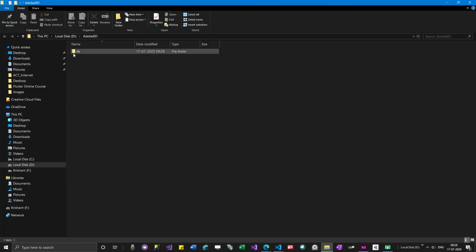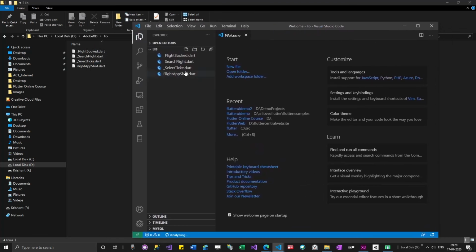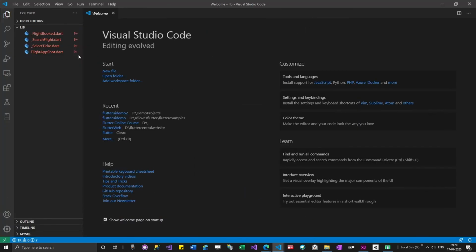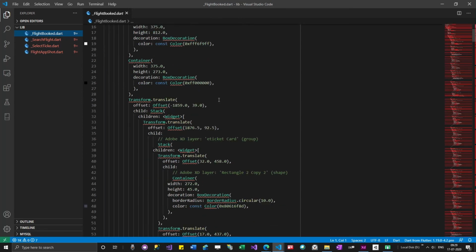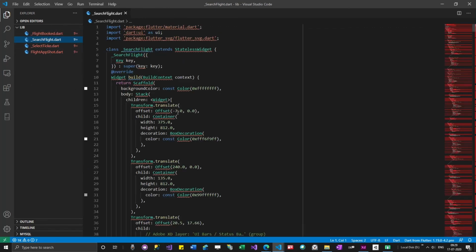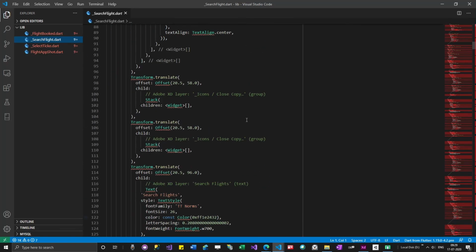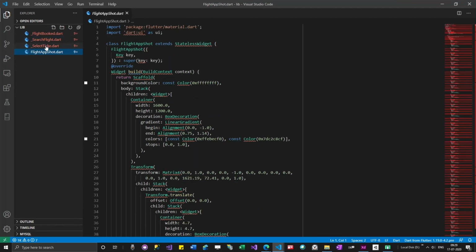Okay, you can see that some files have been generated, including a lib folder. Let me open that in Visual Studio Code. I'm using Visual Studio Code to explore all these files at a single time, rather than opening each file individually in Notepad. I'm using an IDE to explore these files. Not only code files, you can explore any files like this. You can see that lots of code is generated, right? You can actually use it directly in your projects.